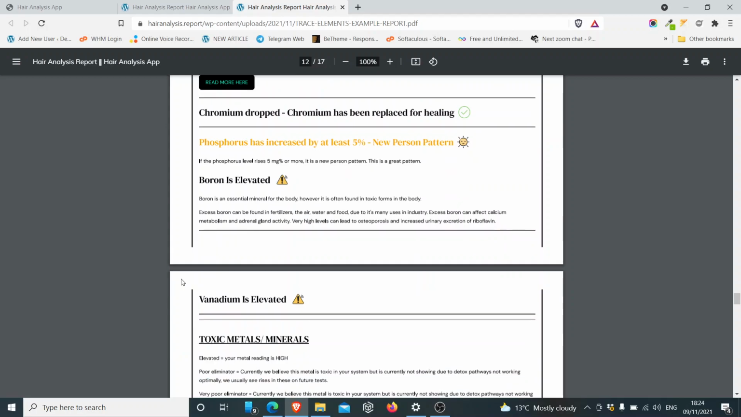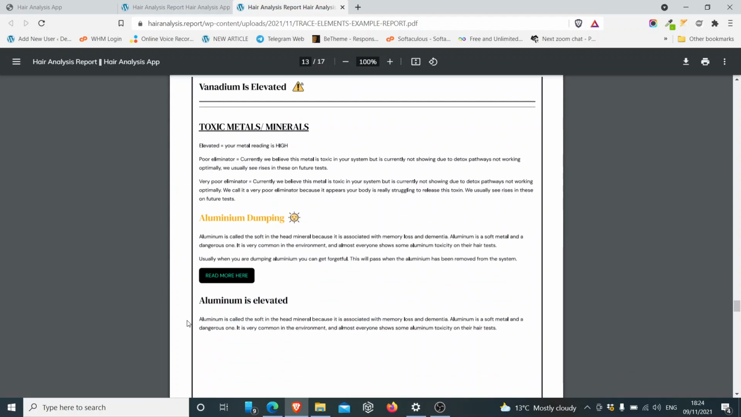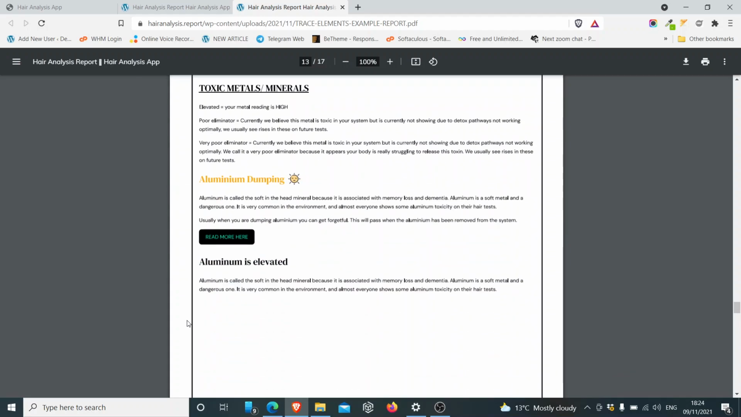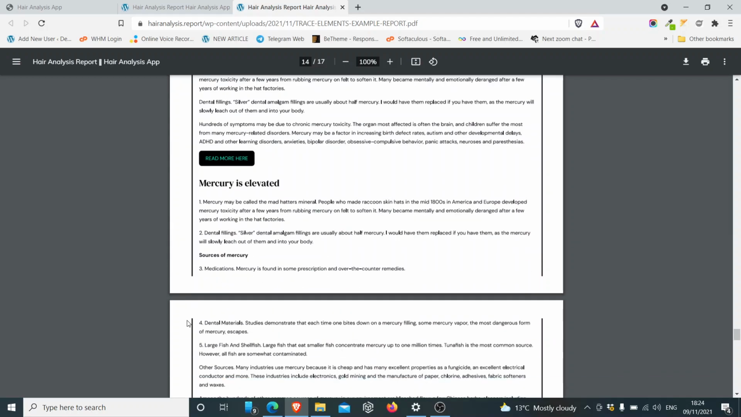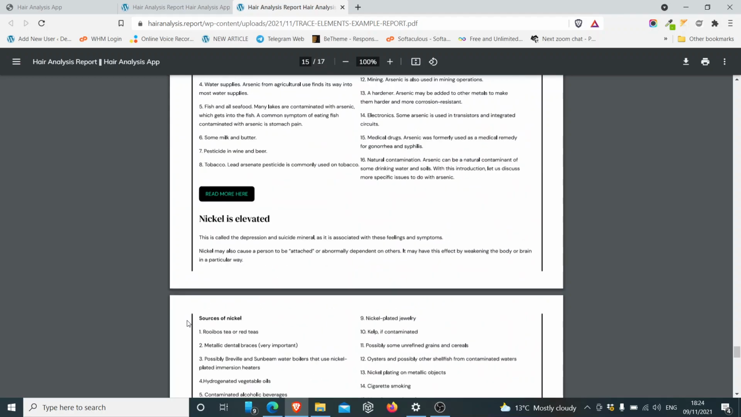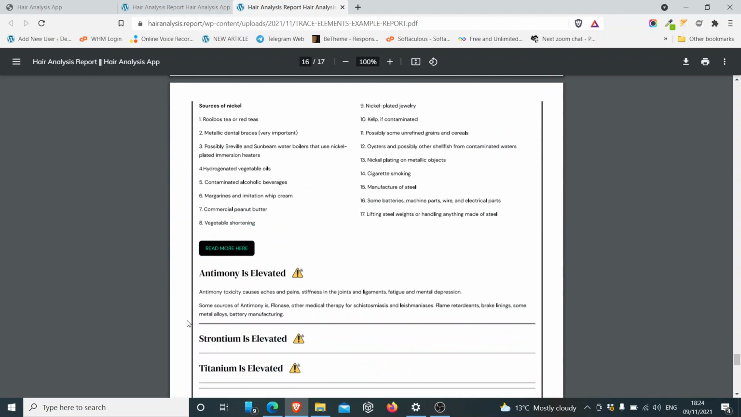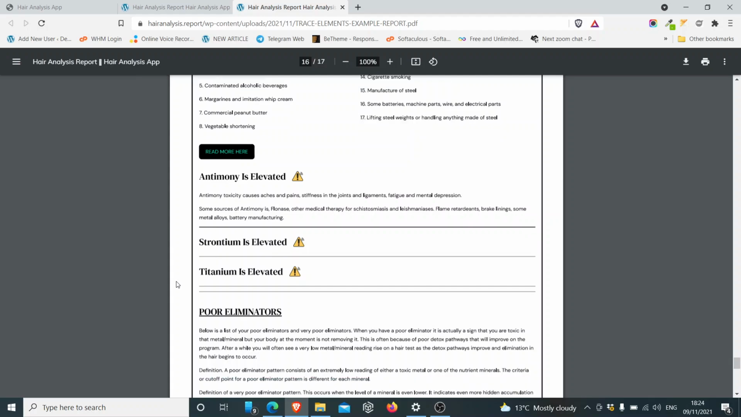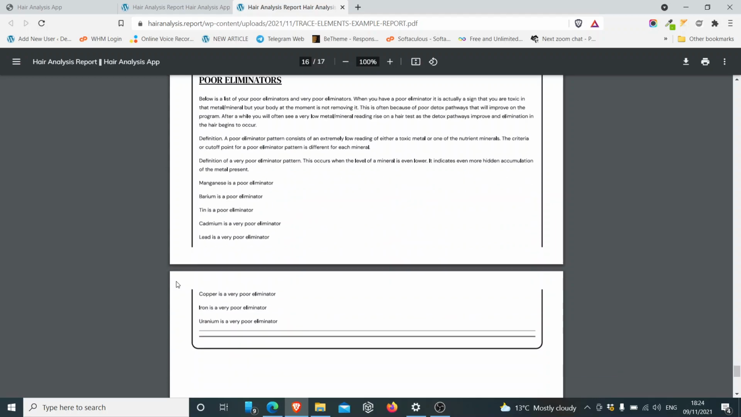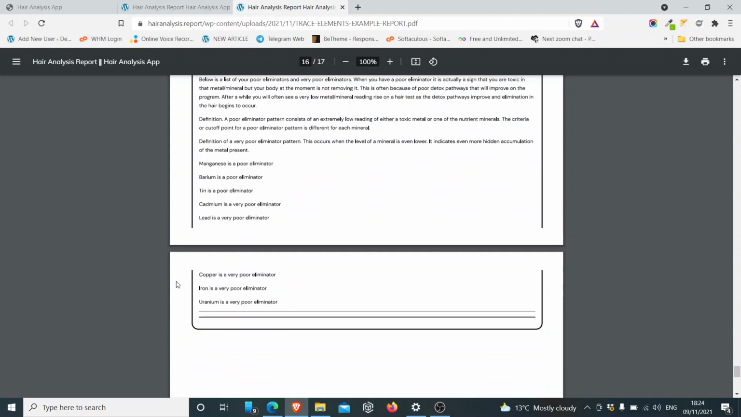This is a trace elements test, so it talks about other minerals like boron, vanadium is elevated on this test. Then we go to the toxic metals and minerals. Aluminium's dumping, got a mercury dump, talks about elevated toxins as well, and some others like strontium and titanium, antimony, etc., and then down to the poor eliminators. So it's a really thorough